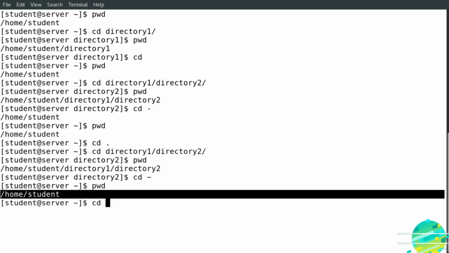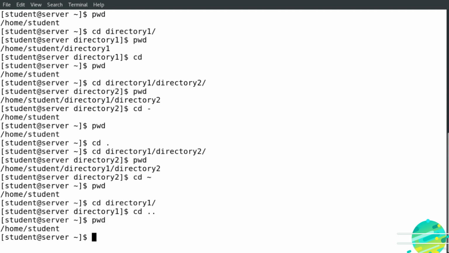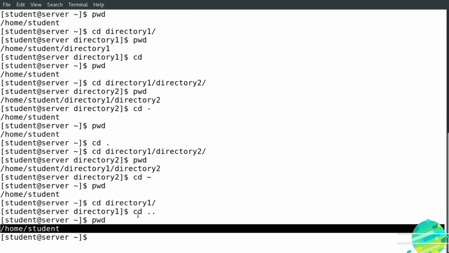If I want to move on to the next directory, cd directory 1, and I hit enter. Now if I would like to go back 1 more step to the previous directory, I can type the command cd then dot dot, and I hit enter, pwd, we can see over here we went back to the home directory